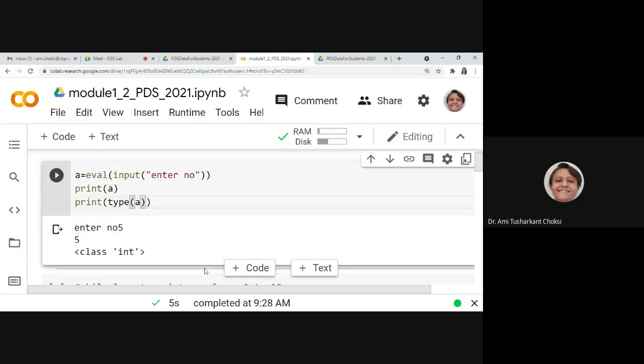What it does for us is it is taking the number 5. Typically, we know that input gives us a string, isn't it? If I remove this eval, you know that it will be string, right? Let me run this.